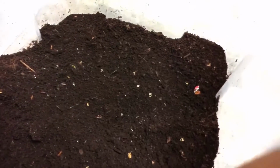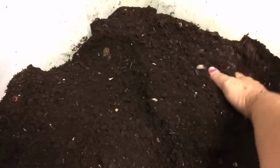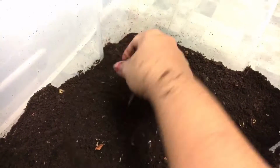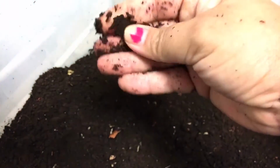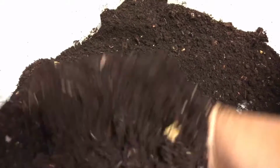And the way I make my castings look like that is, when I put it in here, obviously it's a little wet when it comes out, and it has all these little pieces of eggshells and vegetables. What I do is I go in here every day and I do this to it. I aerate it. I separate the little clumps I find, just to get air in there to dry it. And you see, this was all very wet and very clumpy, like clumps like that, and they were huge. So I just go like this and I try to separate them. Every day I do this,